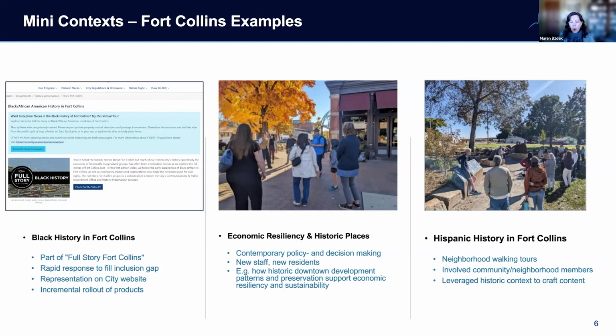And so what we've done with that is we have continued to take that basic research that we did starting back in 2020 and develop new products around that information. So we've got that original virtual walking tour, and there's a virtual brochure that we also have printed out and now use in hard copy form.